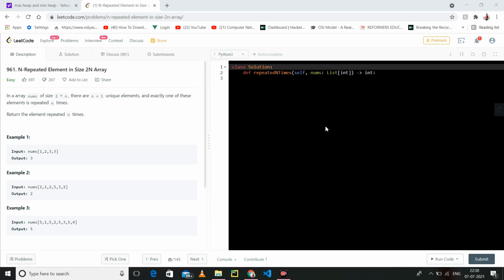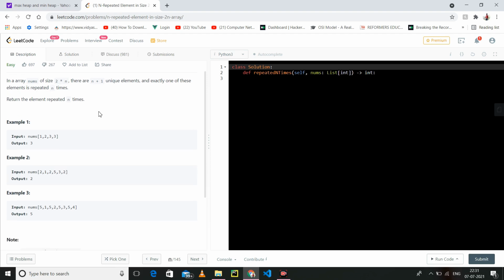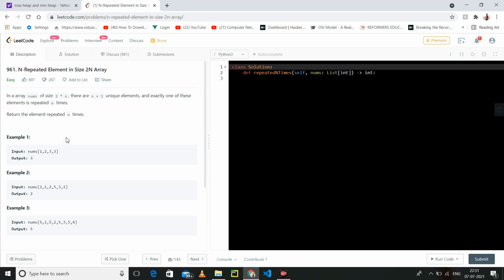So this is a very easy question. You can solve this question within, I think, 30 seconds. It will not take more than 30 seconds, but first you have to understand how you are going to proceed. It's a very easy question, so we are not going to waste more than 3 minutes. 1 minute is already done. We have 2 minutes remaining. So what is given in the question?